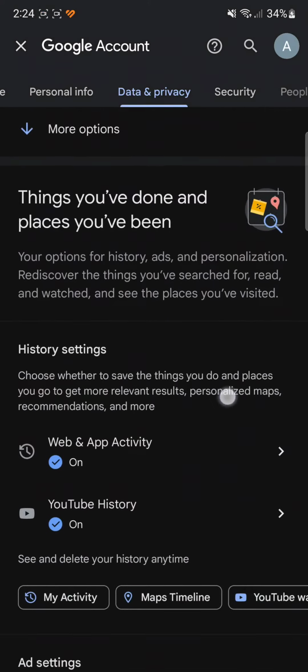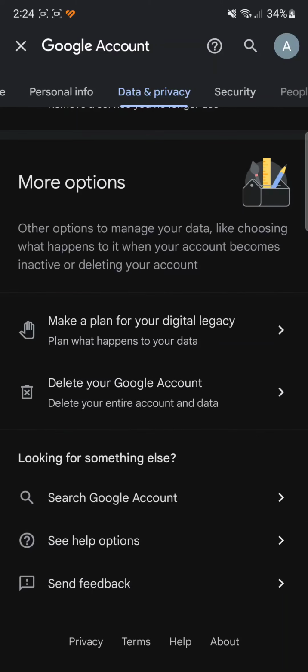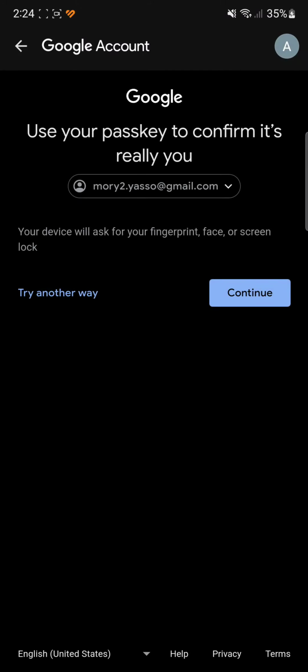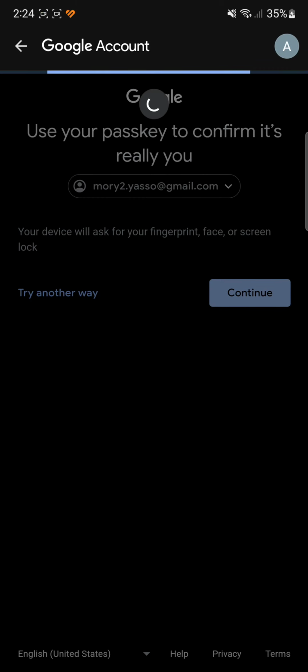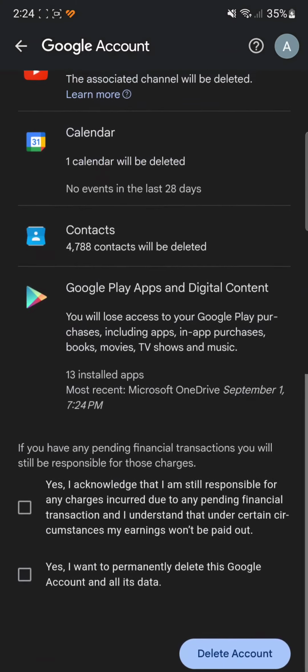And from data and privacy, you're going to scroll down all the way until you find something called delete your Google account. And you're going to click on delete your Google account, and then after that, you're going to click on continue. You're going to verify it's you, and after that, you can scroll down all the way and delete